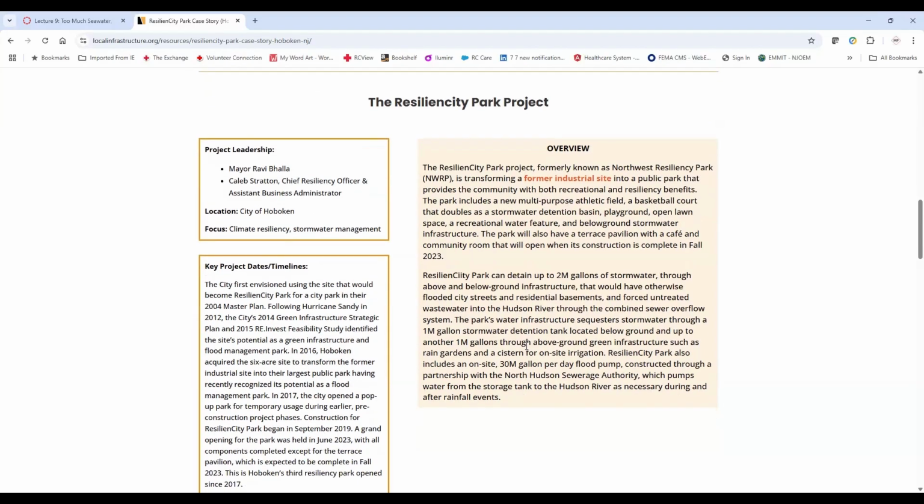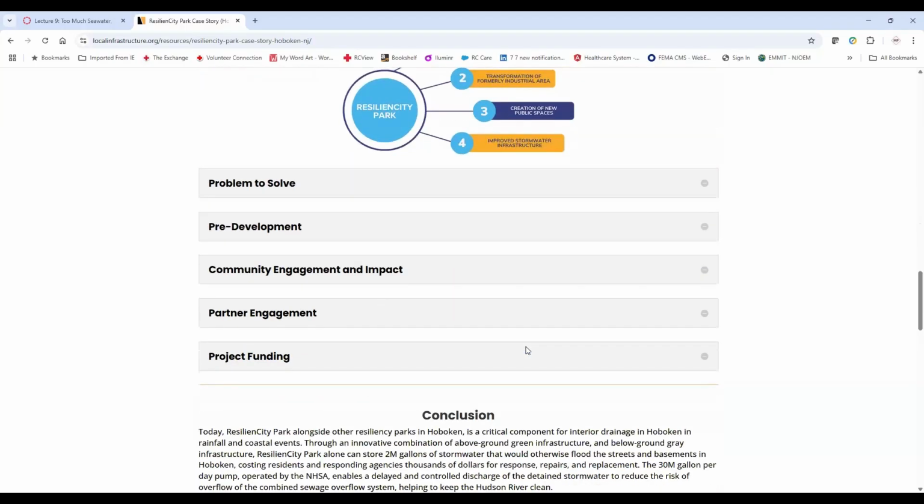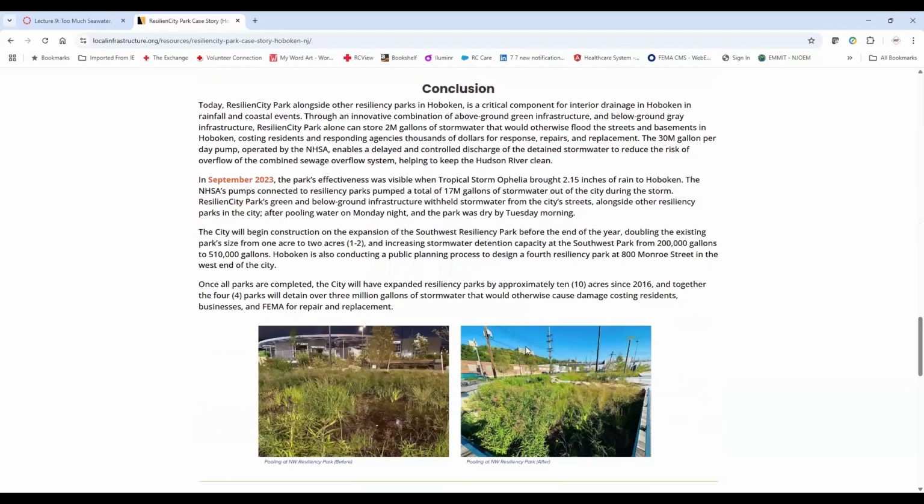This is the project, and I think it was all completed in 2023. Here are some pictures. The one on the left is before. You can see that even the park that was built had problems. This part was built before 2023, and then they modified it since then and kept working through the other parts of the project.